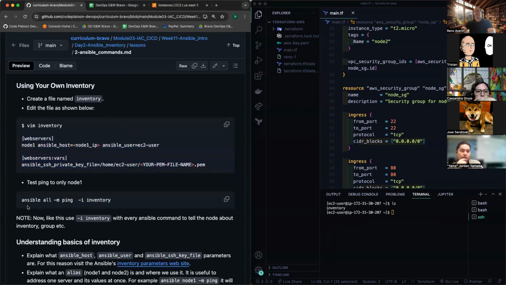To use this inventory, you need to use the -i flag. You're just pointing to say, hey, this is my inventory for my master node. Then this all command means you're going to hit all the roles in your inventory. And -m is your module, and you're using the ping module, right? You just want to ping all of the nodes in the inventories that you specify. So that's breaking that down. If we run that command,